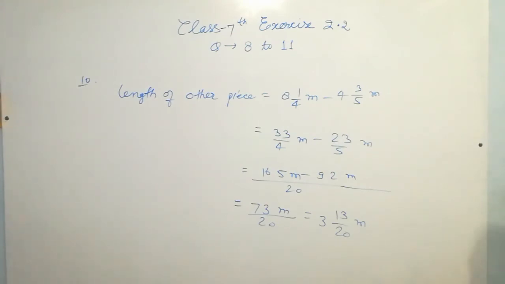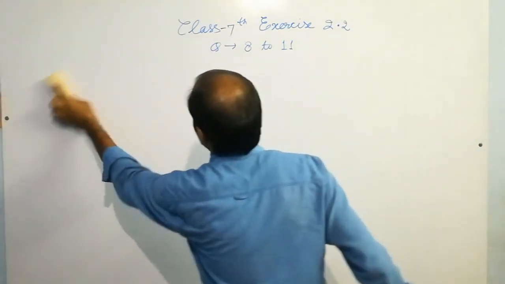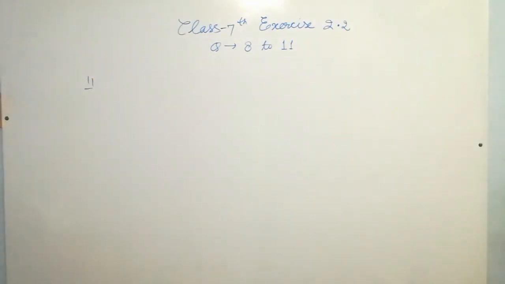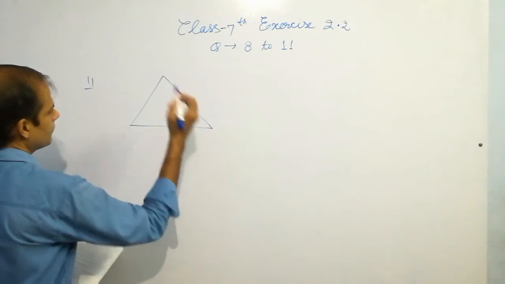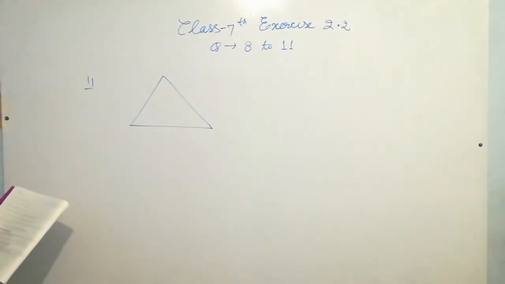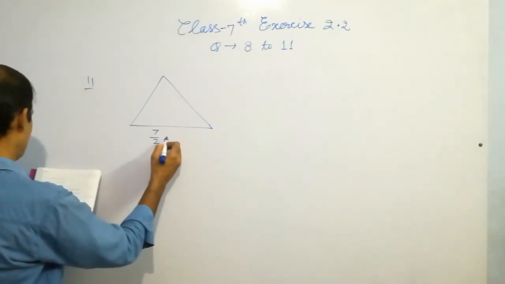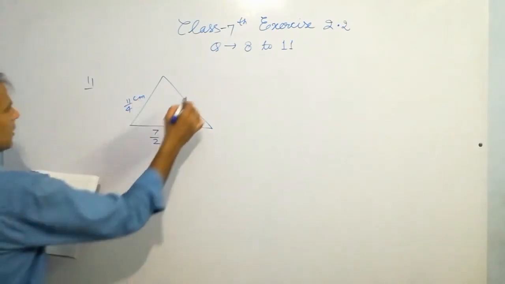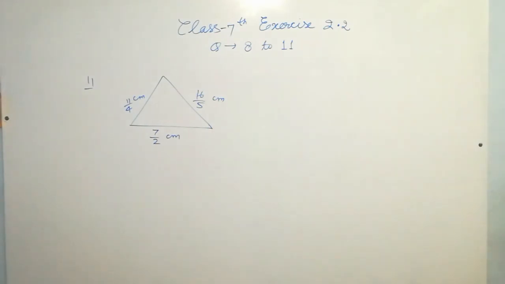Now I am going to solve last question, that is question number 11. So all the questions are very easy. 11th question, the sides of a triangle. Okay, it is about triangle. So I draw the diagram. Sides, so it is 7/2 centimeter, then 11/4 centimeter, and this is 16/5 centimeter, and it's all